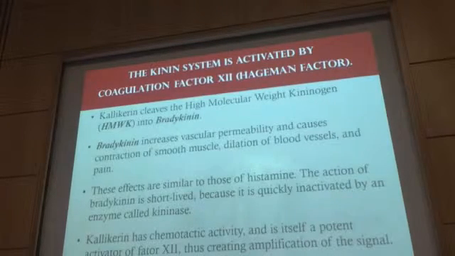So this is what we just said. This is just summarizing what happens here. Bradykinin increases vascular permeability, causes contraction of smooth muscle cells, dilation of blood vessels, and also it mediates pain, another